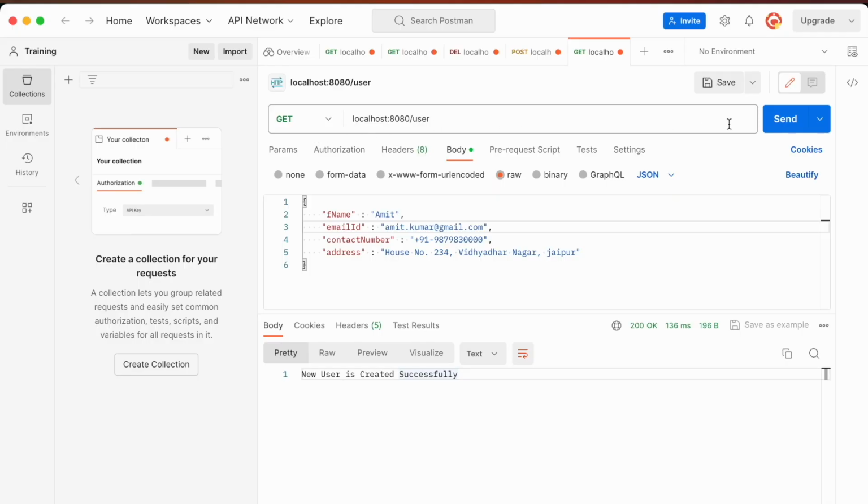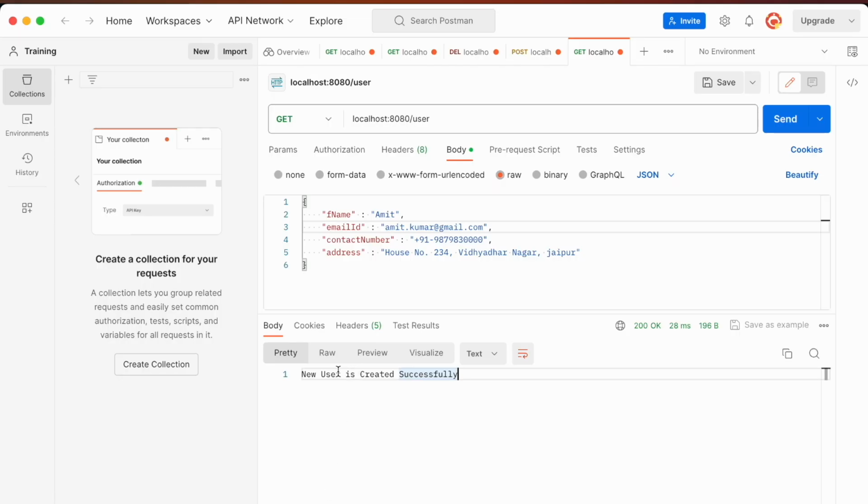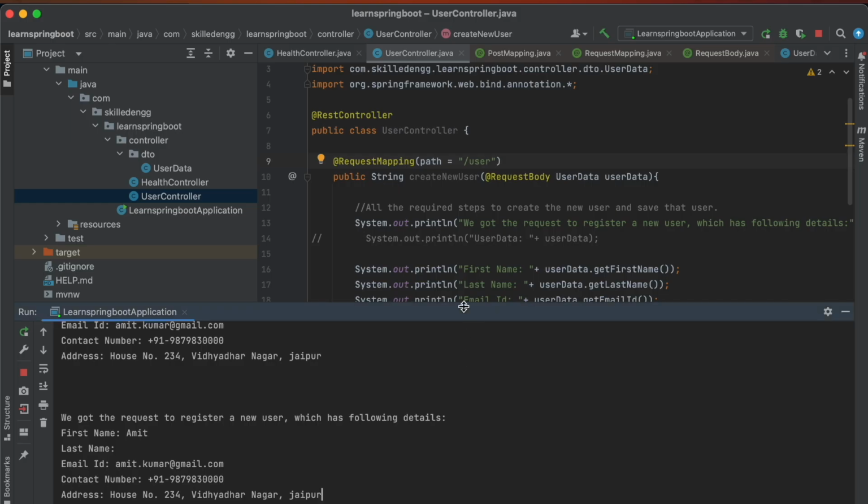Let's change this to get and hit send. Okay, it is working now as well, and here also we have got the logs and the response. So it means when we are not defining any method here, it is working as expected. We have not got any error as such. So this is the behavior if we are not defining any method here.